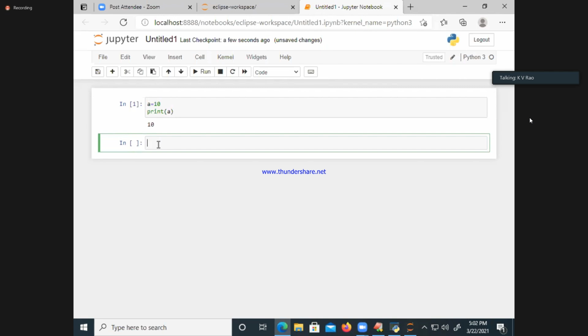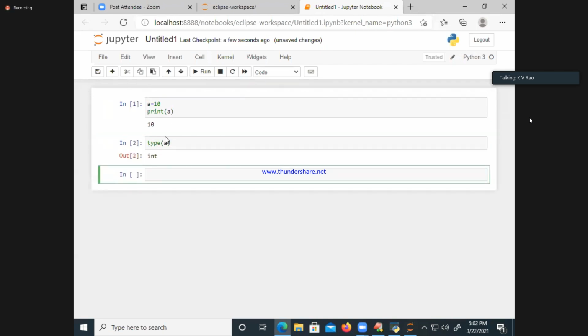Next, type of A. Run. What is the type? Int. Like that I am going to go for dict. Shall I? D is equal to opening bracket and closing bracket. Once you open, the closing bracket will come automatically. A simple extra facility. What is the type? Set or dict?